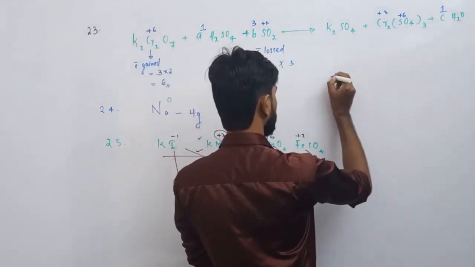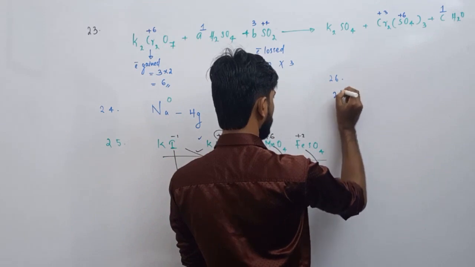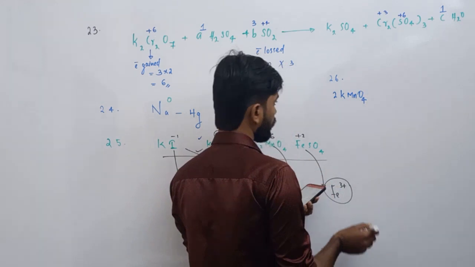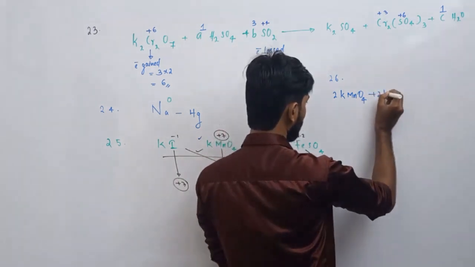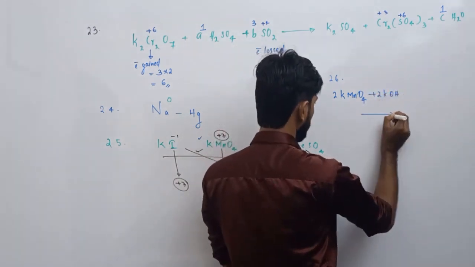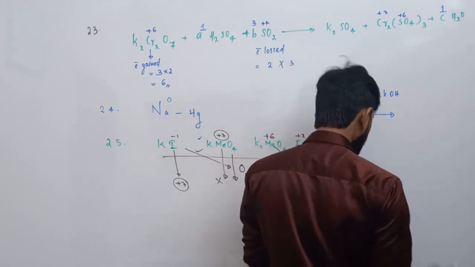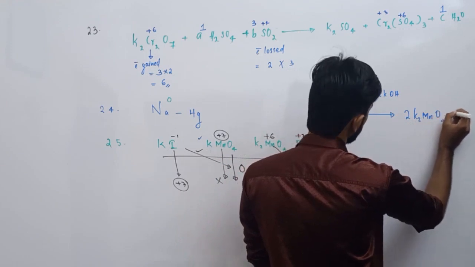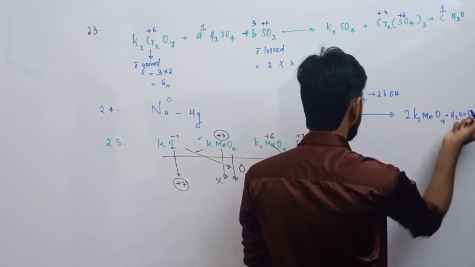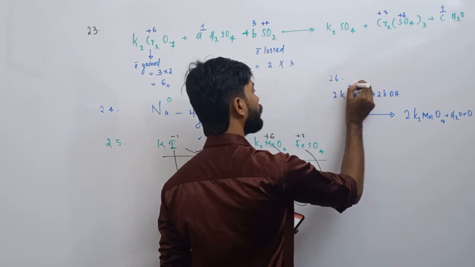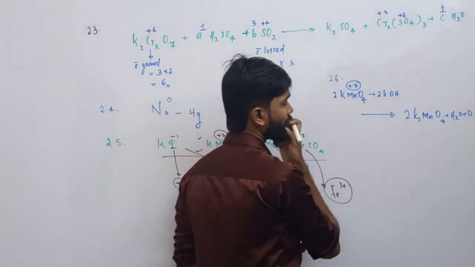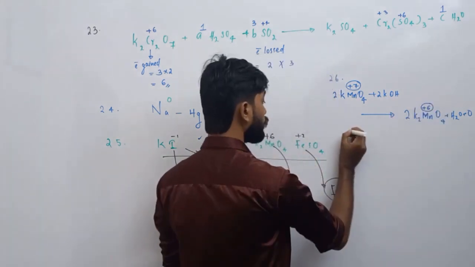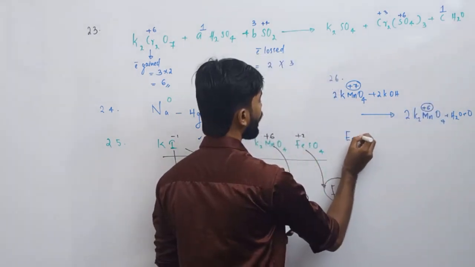So let me write the question 26, and we know about the nature of the product. 2KMnO4, in a strong alkaline medium, that is 2KOH, turns to 2K2MnO4, plus H2O, plus O, whatever it may be, in a balanced stoichiometry. Anyway, in strong alkaline medium, potassium permanganate is reduced from +7 to +6. And you know that equivalent mass